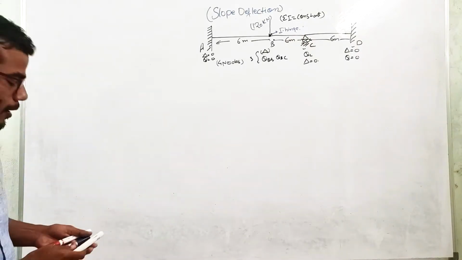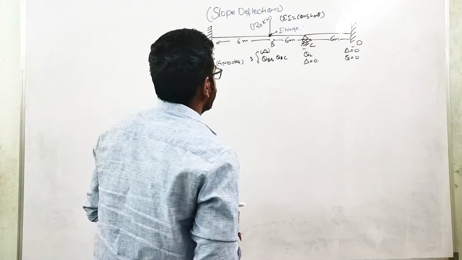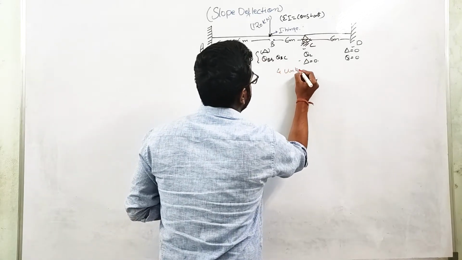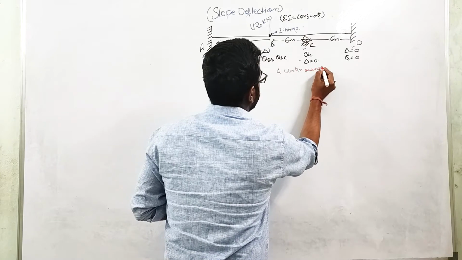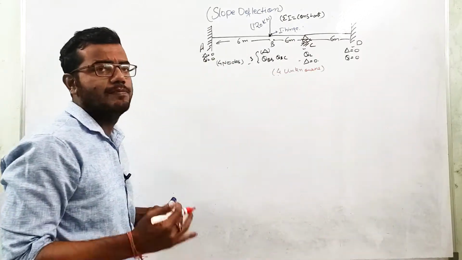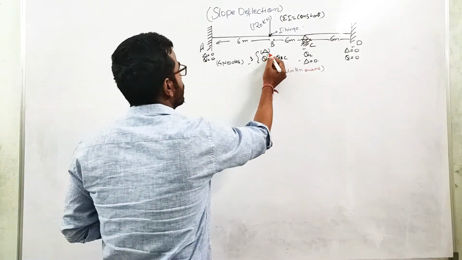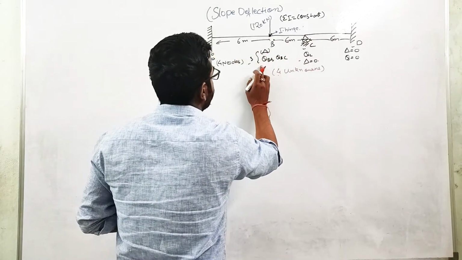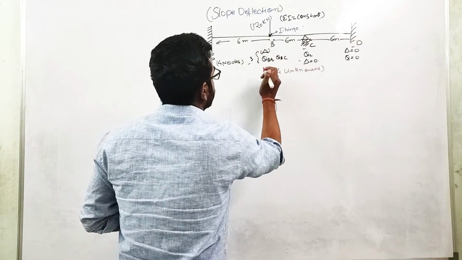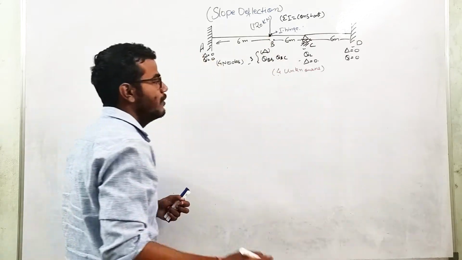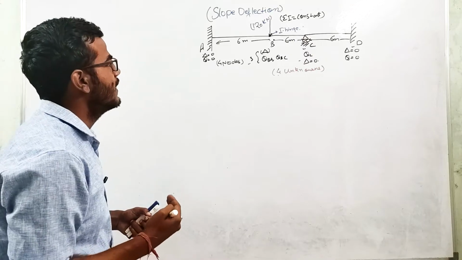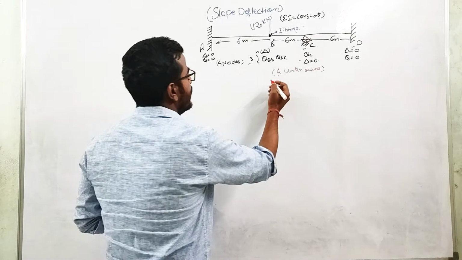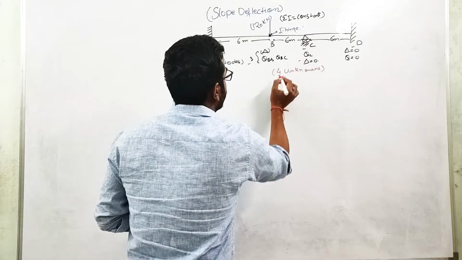So in this problem, how many unknowns are there? 3 from here and 1 here, so 4 unknowns basically. If I want to analyze this beam, I need to find these displacement components. When the load is applied on this beam, this portion can come down, which is why this delta comes in. And at the hinge we have 2 different rotations. So we need to find these 4 unknowns first, to find the bending moment, shear force, or reactions.